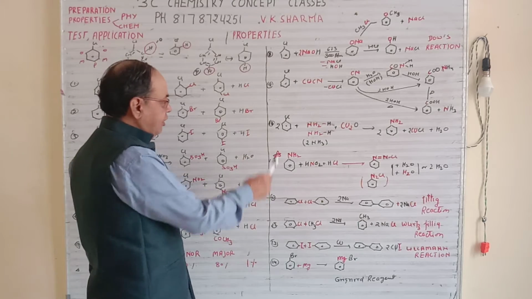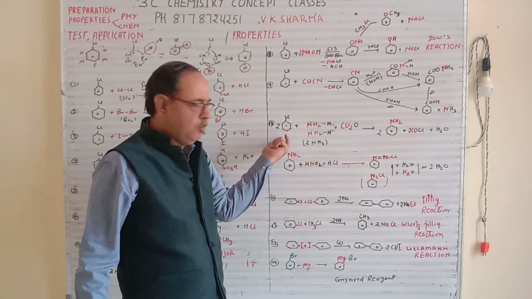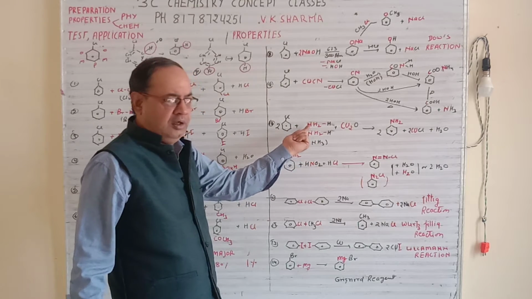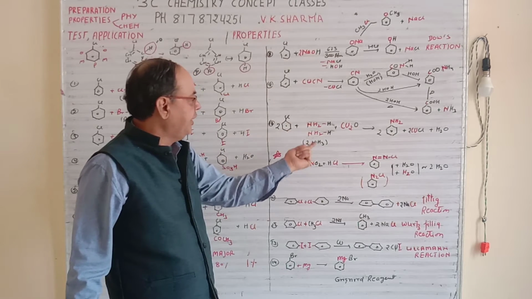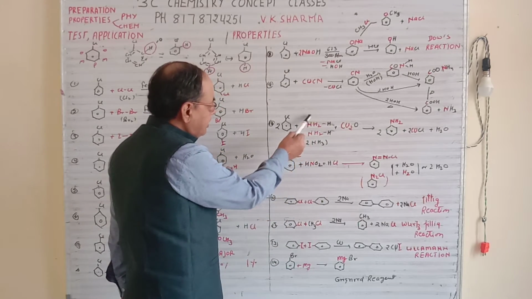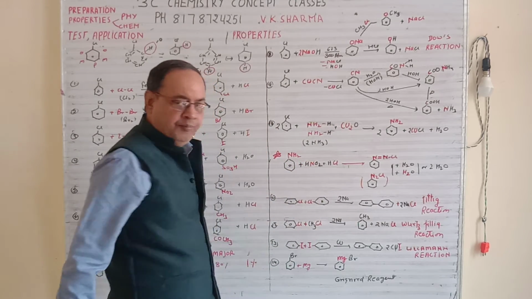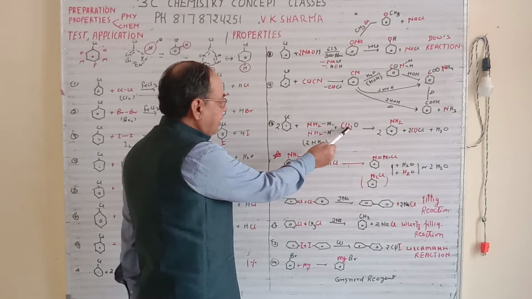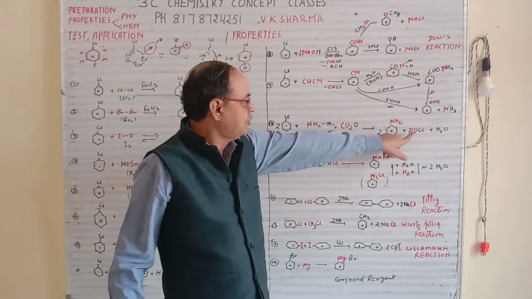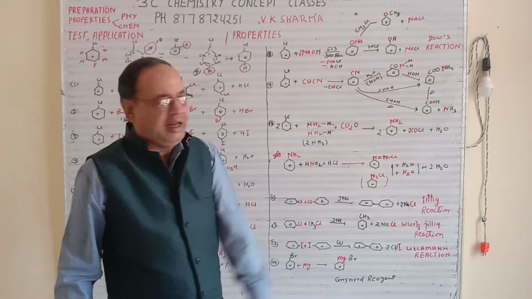Now next we have chlorobenzene. Suppose we are taking twice of chlorobenzene with twice of NH3, but I have written it this way just to show you which group is going where. So this H2 will react with the oxygen to form water. This NH2 twice will go on the benzene ring, and this 2Cl will react with the copper. So you will get twice of NH2 plus twice of CuCl plus H2O. So this will give you aniline.